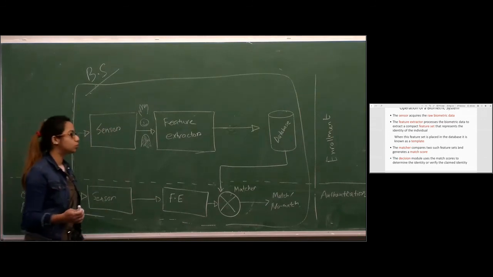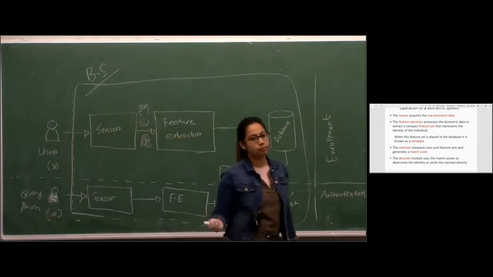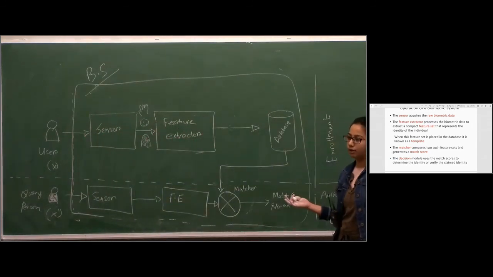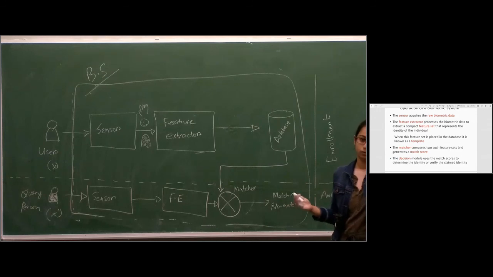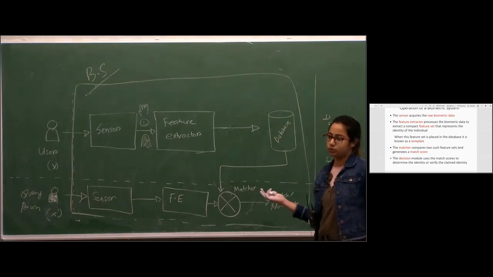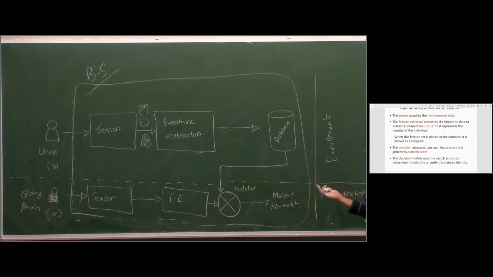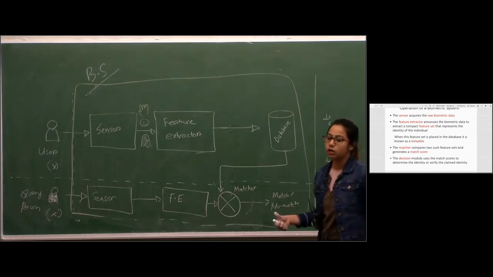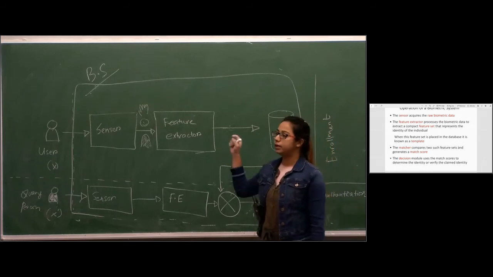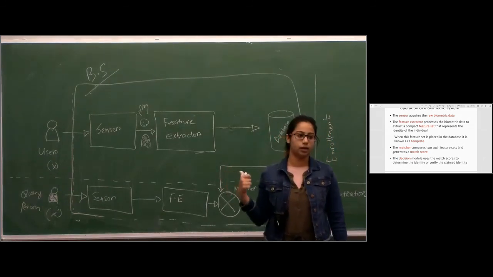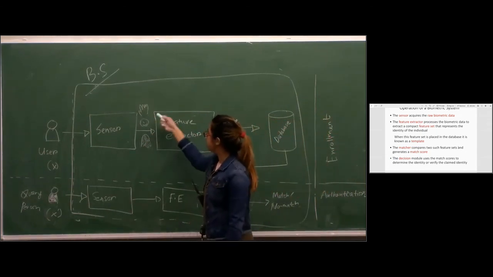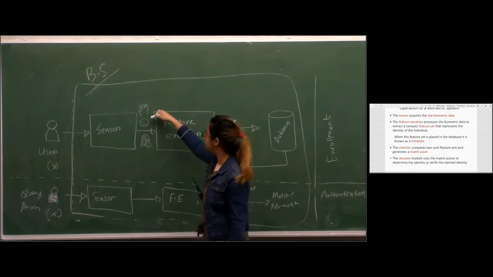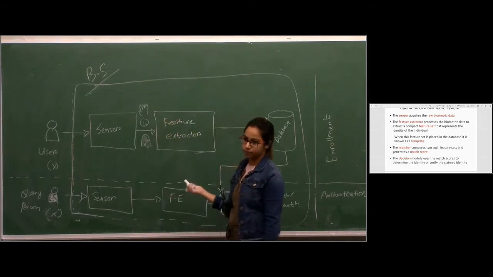So if I want to collect face data, what can be the sensor here? Camera, right? And if you want to build a biometric system for voice, what will be the sensor? Microphone. Or if it's a fingerprint, then you need a fingerprint reader or scanner, right? So your sensor will depend on the type of biometric data you are planning to work with, okay? So when you have the sensor, you will get some data, like maybe the palm print, or your face, or your fingerprint or iris, okay?